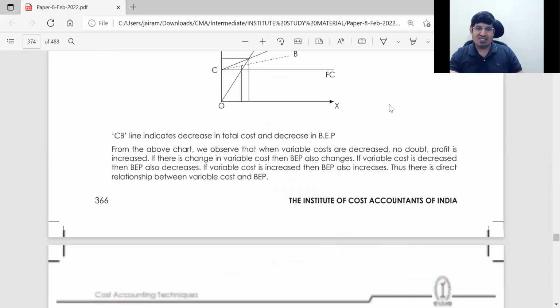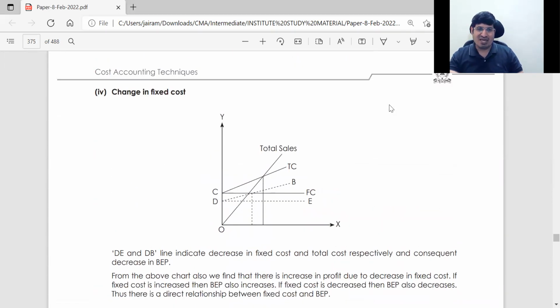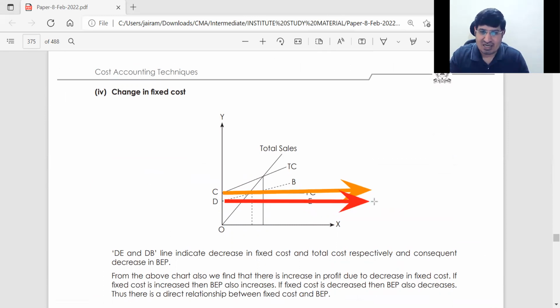ये बताया डिक्रीज इन, सेम अलग अलग चीजों को ये बता रहा है, ठीक है। अभी नेक्स्ट बता रहा है चेंज इन फिक्स्ड कॉस्ट होने से क्या होगा, राइट। दिस वाज द अर्लियर फिक्स्ड कॉस्ट लाइन एंड दिस इज द न्यू फिक्स्ड कॉस्ट लाइन, ठीक है। और इसके ऊपर से जो वेरिएबल कॉस्ट इज द सेम, करेक्ट,